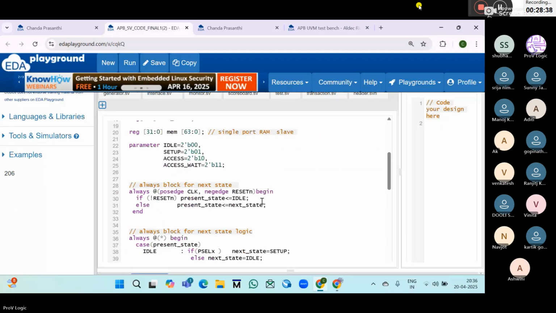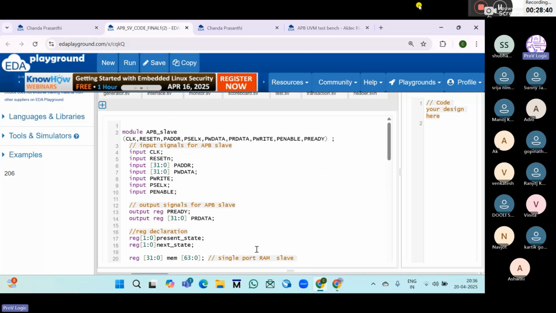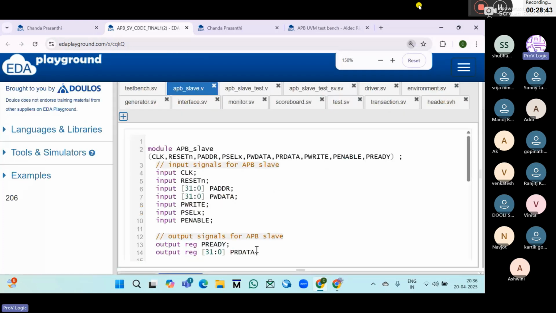Okay, any doubts still here? So in this simple code,